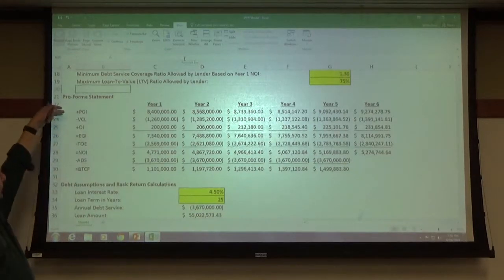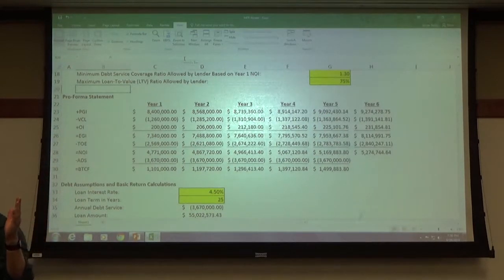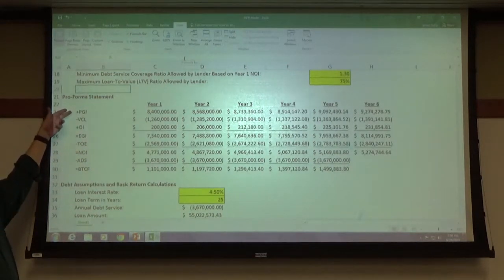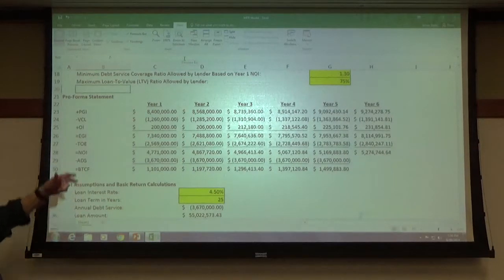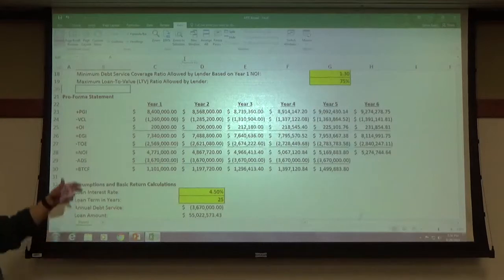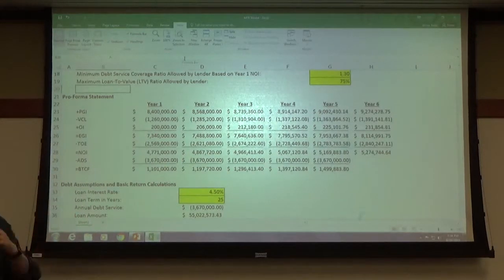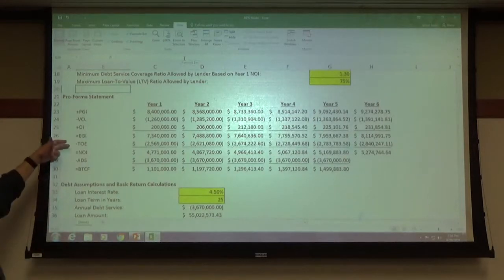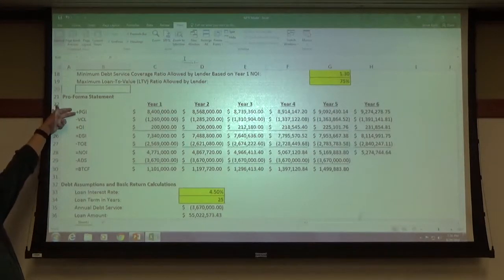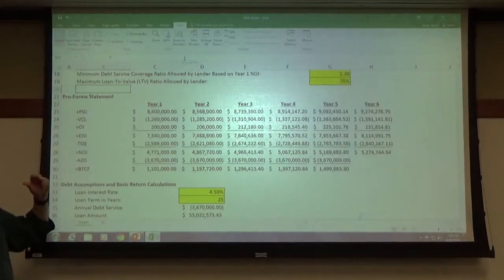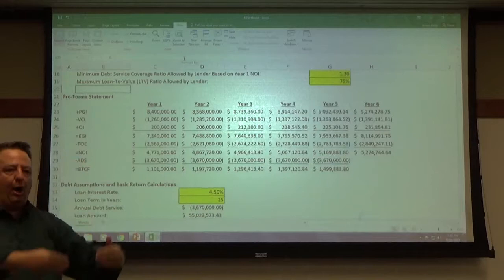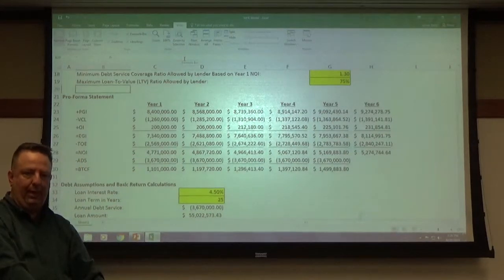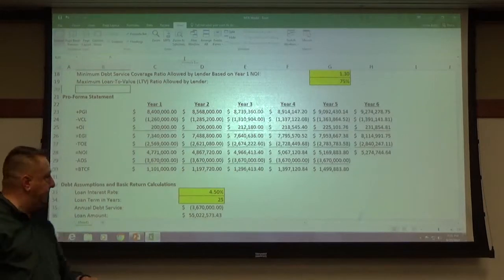So, we've made assumptions about how much rent we can charge. We've made assumptions about what our vacancy and collection losses are going to be. We've made assumptions about what other income we can generate. We've made assumptions about what operating expenses we're going to have on this property. So all of that is an assumption minus an assumption plus an assumption equals an assumption minus an assumption equals another assumption. Does everybody follow that? In other words, these are not necessarily hard, fast numbers, okay? And that's the reason I want to make sure that's clear in your mind.